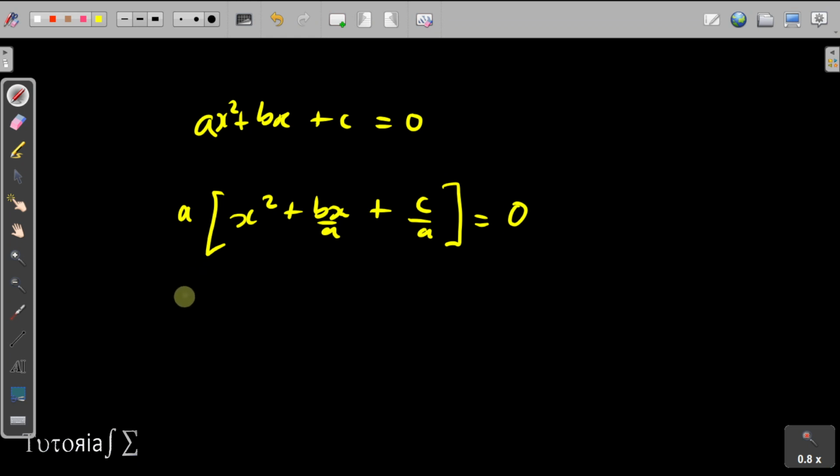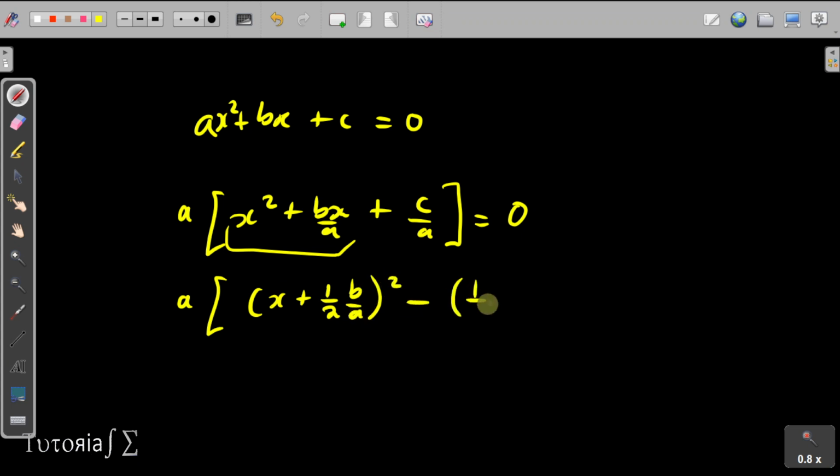Then we can say a times x plus half of b over a, closed, squared, minus half of b over a, squared, then plus c over a equal